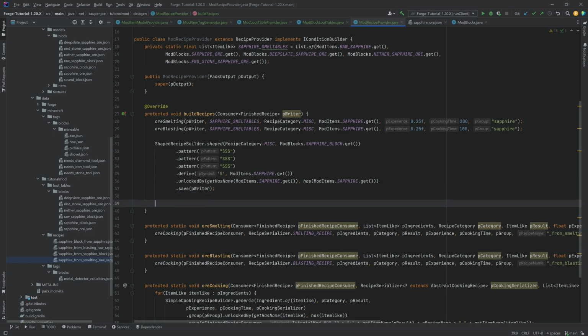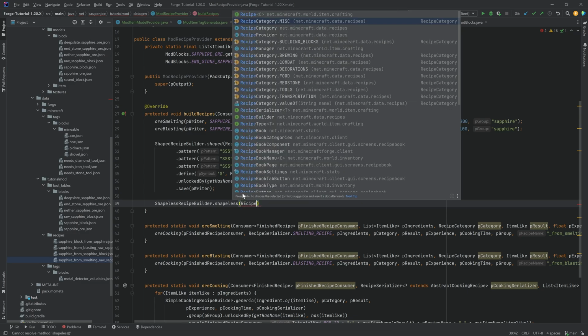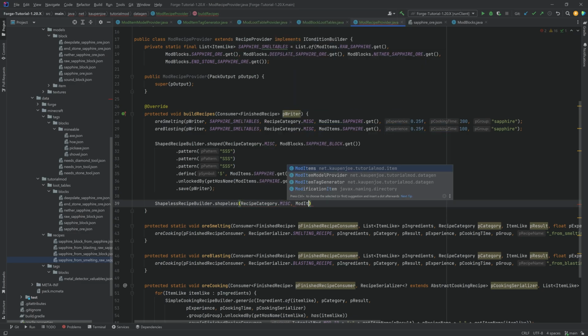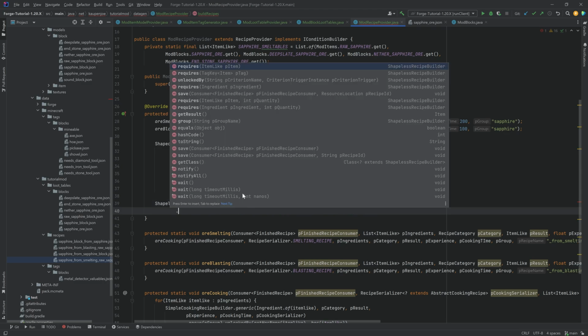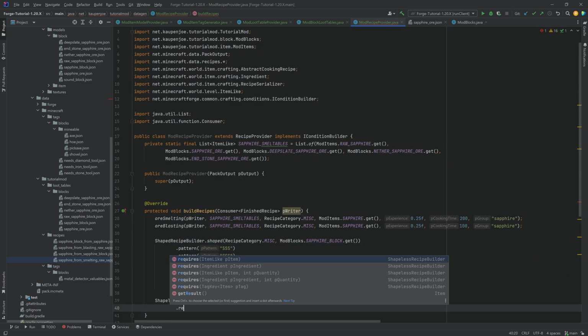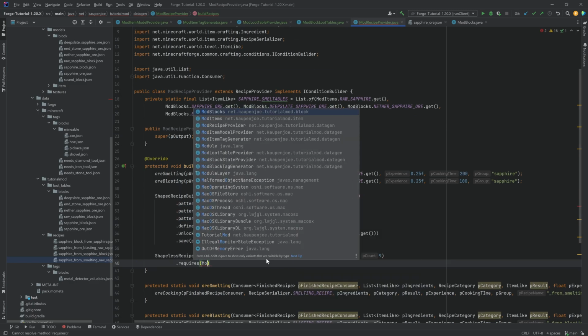And for shapeless recipes, well, you just call the ShapelessRecipeBuilder.shapeless. Once again, passing in a category over here. And let's do the opposite. So that's going to be creating the sapphire and of course 9 of them. And that is going to requires. So the requires is basically the ingredient that you need. That is going to be